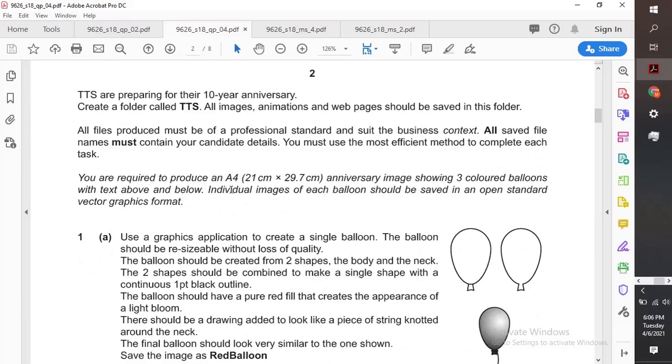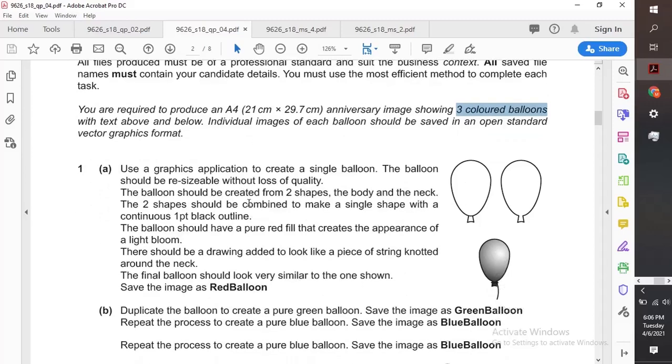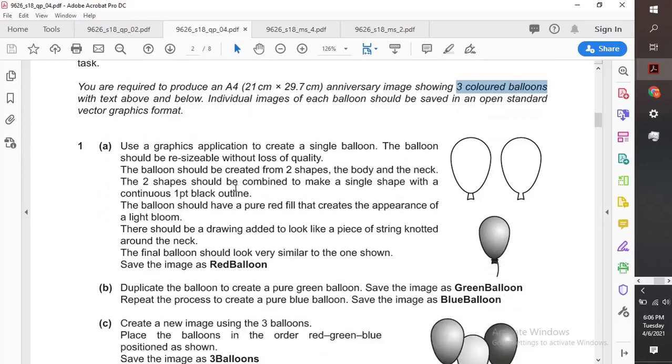You are required to produce an A4 21 cm by 29.7 cm anniversary image showing 3 colored balloons with text above and below. Individual images of each balloon should be saved in an open standard vector graphics format. Okay, so we are going to begin by